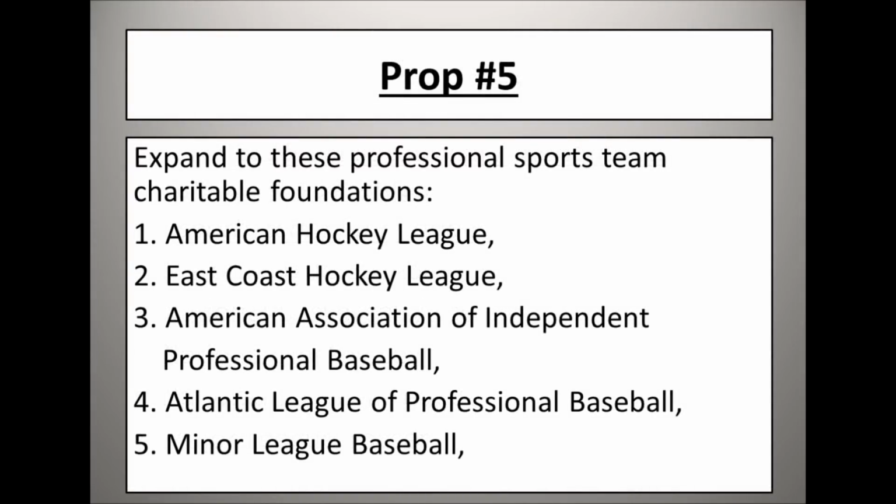Prop 5 would expand those professional sports teams' charitable foundations to include teams that belong to 13 organizations. And I'm going to list them for you. The American Hockey League, the East Coast Hockey League, the American Association of Independent Professional Baseball, Atlantic League of Professional Baseball, Minor League Baseball,